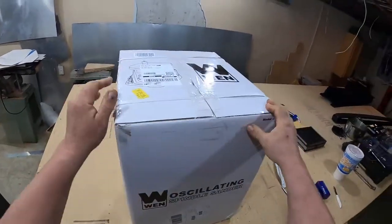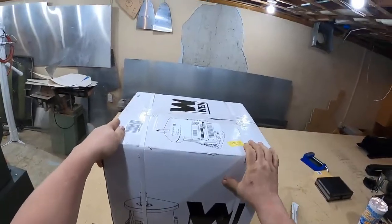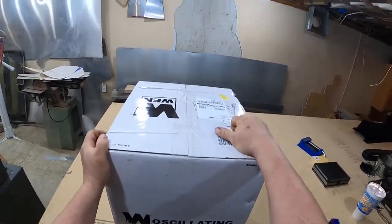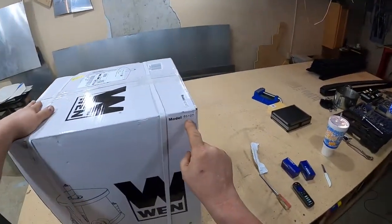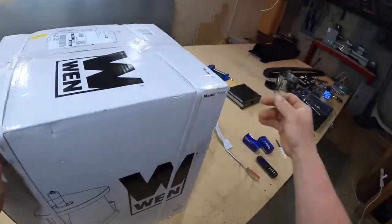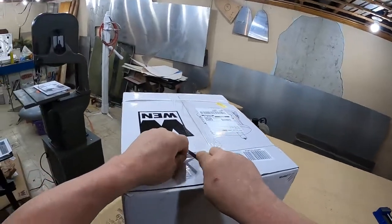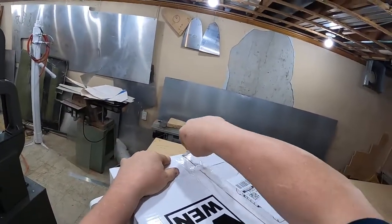Okay, just carry this down the steps. Okay, we're going to unbox this WEN spindle sander, oscillating spindle sander, model 6510T. That's the model number. So let's get to unboxing here. And hopefully,